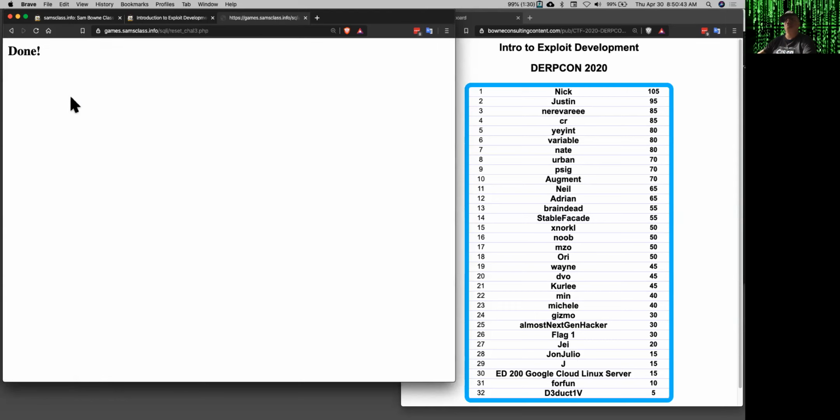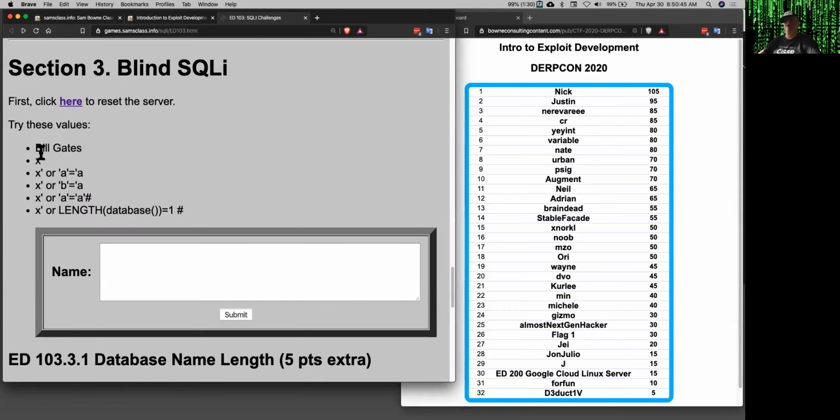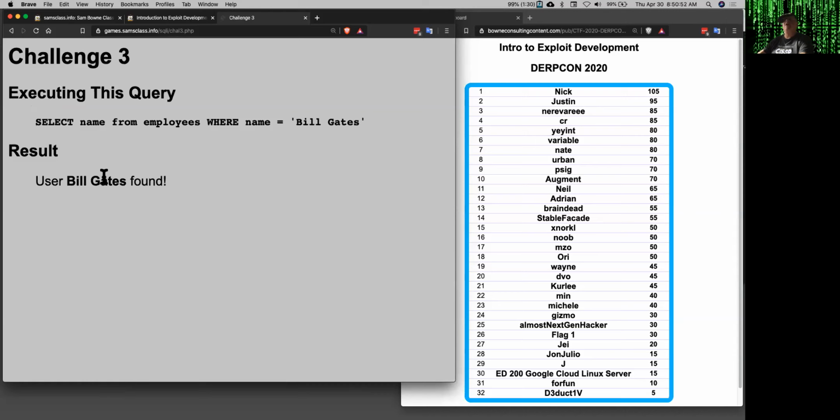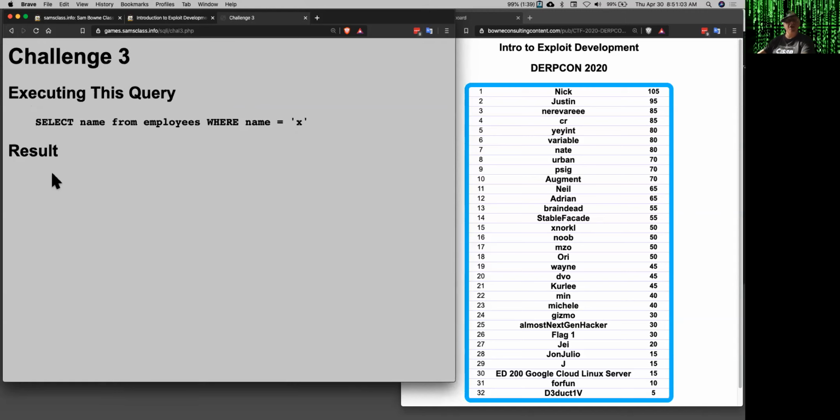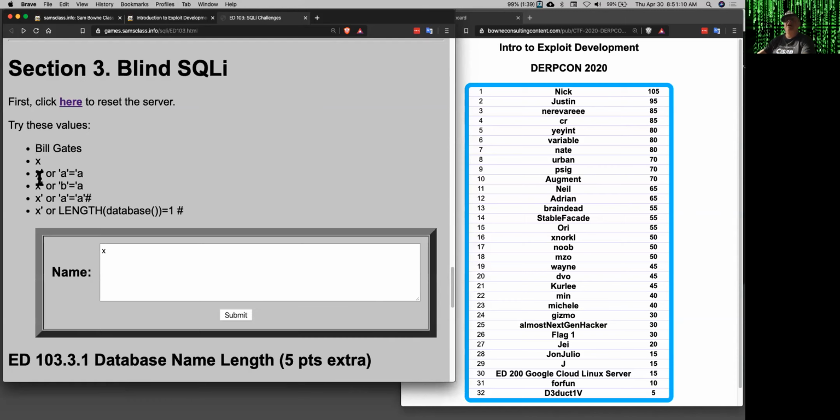So I'll reset the server. Good thing to do now and then. So here I have the same thing. If I search for a name that's in the database, I'll find that person in the database. But I might imagine, all right, now let's try this. If I search for X, I have no result. So it printed the name if it found it, but it prints no result if it doesn't find it. Now, if I try to print out everything with this one,